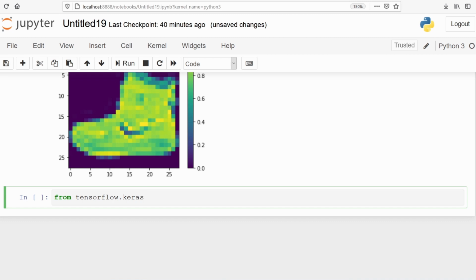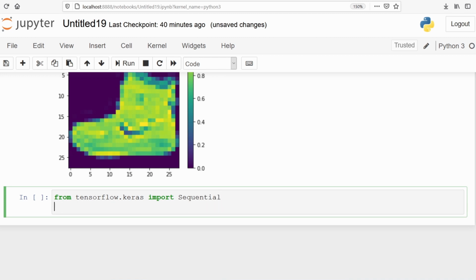From tensorflow.keras, import Sequential. From tensorflow.keras.layers, import Flatten layer and Dense layer.